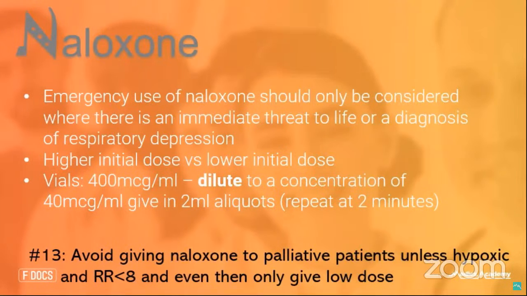If they do meet that criteria and they do need naloxone, then it should be given in small doses. So normally the vials would be 400 micrograms in a ml, and whilst you might give the whole lot in one go to your A&E heroin overdose patient, for our palliative care patients, we would dilute that 400 micrograms in a ml up to 10 mils. So every mil is the equivalent of 40 micrograms, and then give it in 1 to 2 mil increments until you get the desired effect. But doing it that way will avoid that acute pain crisis and the potential detrimental effects from that.